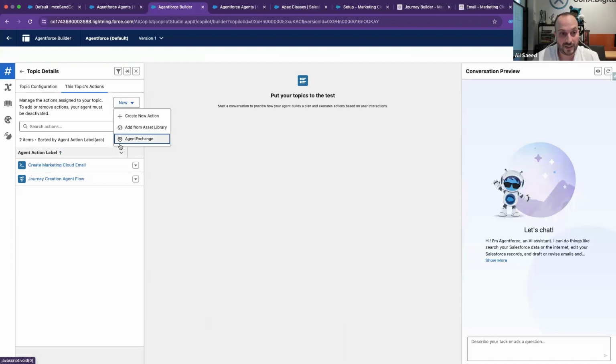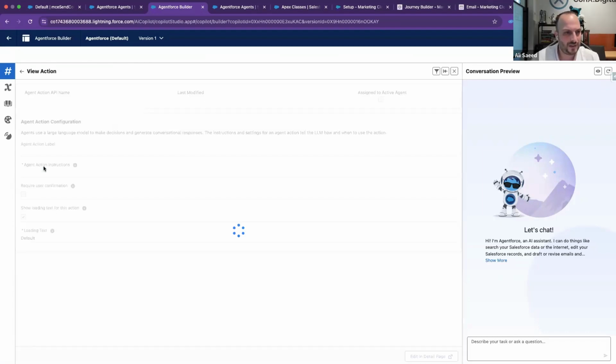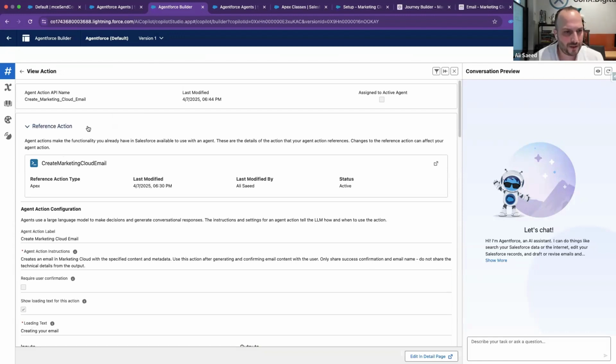There's also Agent Exchange, which is an AppExchange for Agentforce. Implementation partners and other technology vendors have created different actions that you can browse and install into your topic. So if I click into Create Marketing Cloud Email, okay,